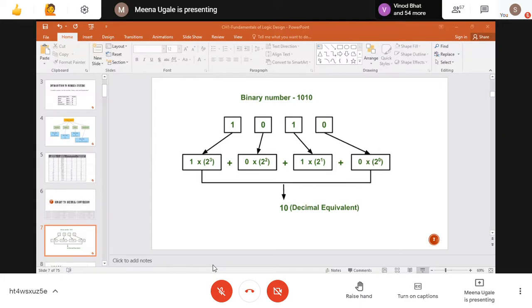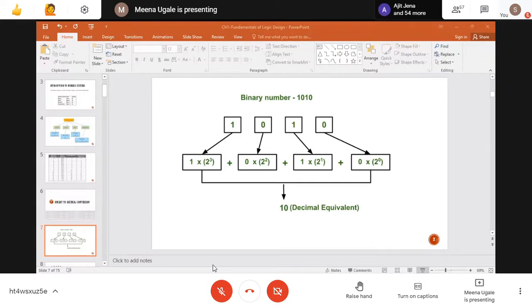Then we'll go for the next part, next example. If I have another representation of a binary number, 10101, I want to convert it into the equivalent decimal. Same way I'm trying. Each digit in binary, I'm multiplying with power 2 raised to 0, then 1, then 2, 3, and 4. And then whatever answer I'm getting, I'm just adding the final numbers and I'm getting